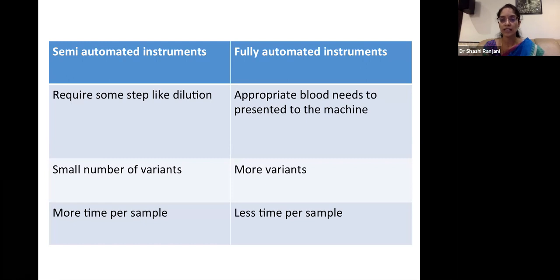So a little about the semi-automated and the fully automated instruments. Like the name says, the semi-automated instruments require human assistance, like the dilution or reading the sample. But the disadvantage is that because it is semi-automated and a few steps have to be done by the technician, it takes a long time. So in a busy hospital where a lot of CBC samples come, a semi-automated instrument may not be the best. Whereas with the fully automated instruments, all we have to do is feed the sample into the system and it will give us the report.